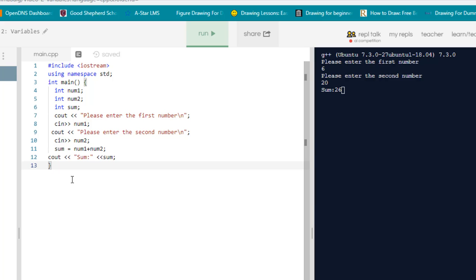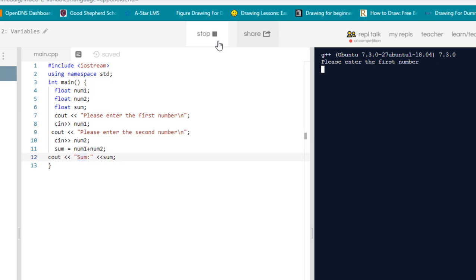One last point here is sometimes the data that you provide to a program is not whole numbers. Sometimes it is decimal numbers. If that happens, what you need to do is change ints into floats. Floats are understood to be decimal numbers. Now in this program, if I were to change all the ints into floats, that's a singular, not plural, and change that into a float, and if I were to run this program again, I would now be able to